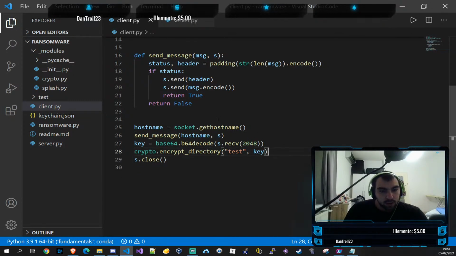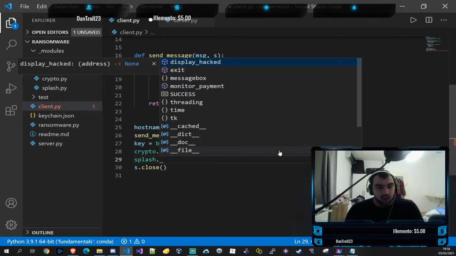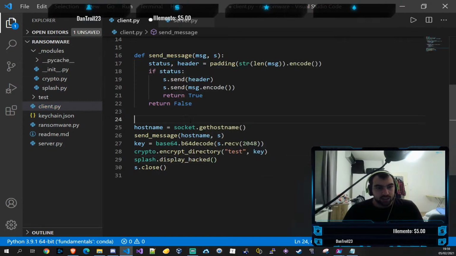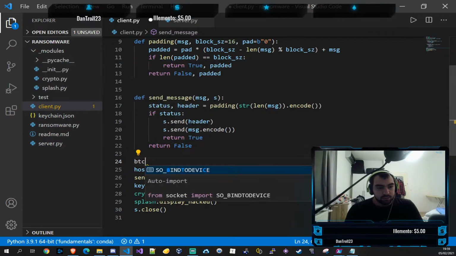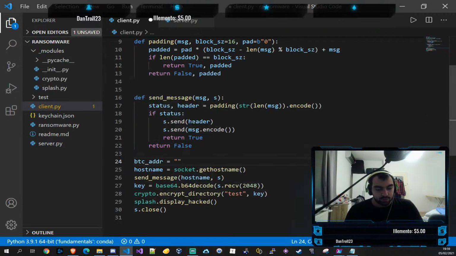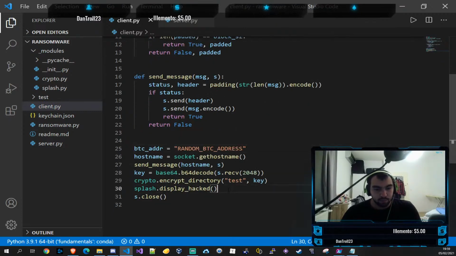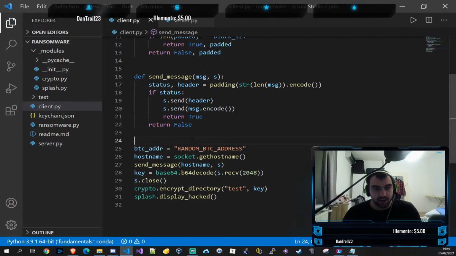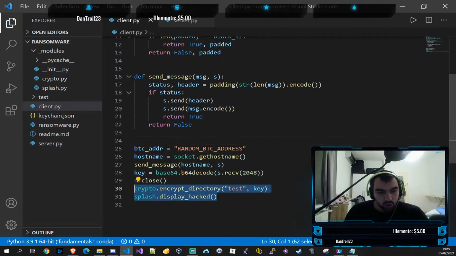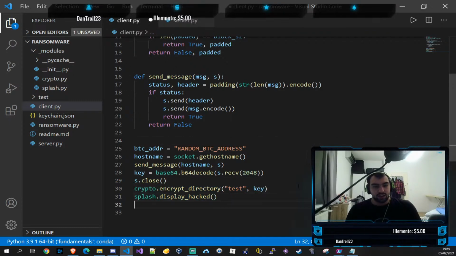There we go. Great. Now we of course need to do a splash.display hacked, and our address. Let's just put a BTC address for now. It's just going to be a random BTC address. We're not going to put a number right now. There we go. And after we receive the key, we can close the connection because we don't need the socket connection anymore. And we'll encrypt this with the key. Perfect. And after this is done,